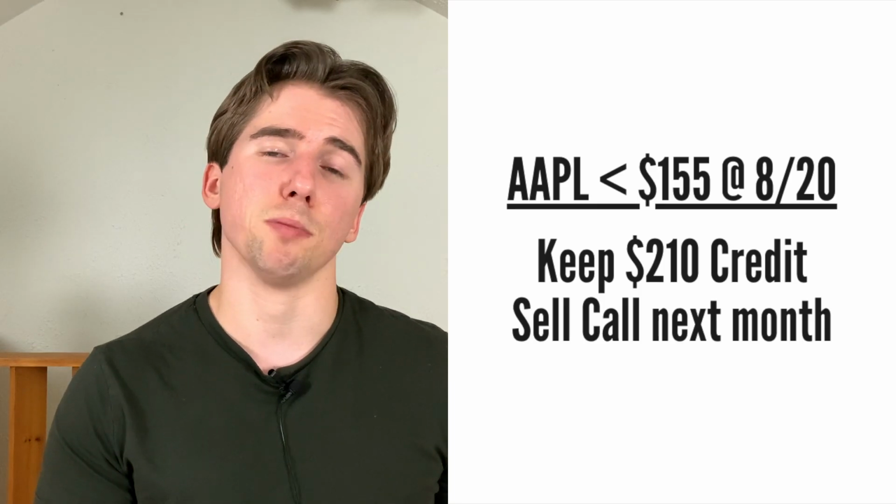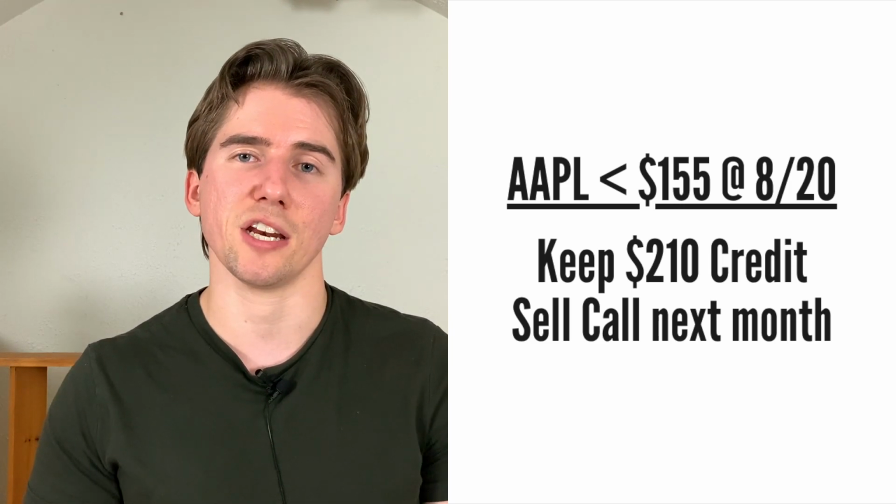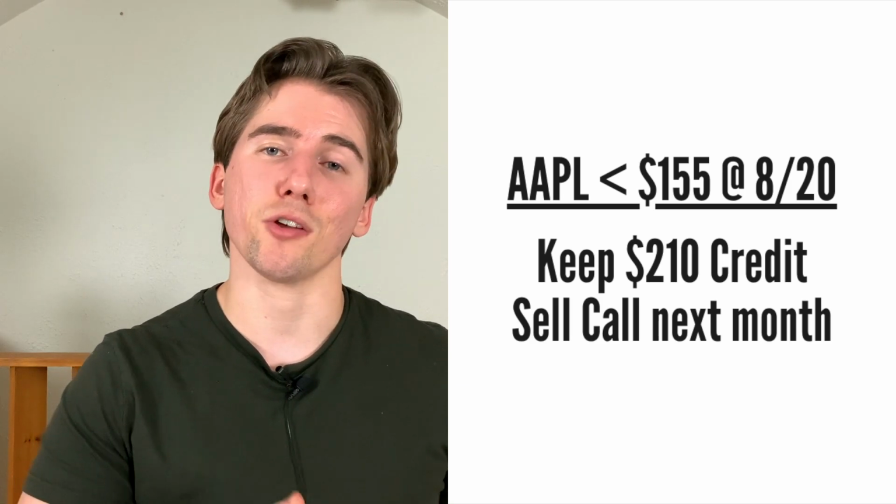As long as Apple stays below 155 on our expiration date of August 20th, we get to keep the $210 of credit that we got from selling this option, and then we can go about selling another call option next month. As long as Apple continues to stay below our short strike prices, we get to keep collecting that premium, and we get to continue to hold the call that we bought. If Apple keeps going up in the meantime, the call that we bought should continue to gain value on top of the premium that we keep collecting,